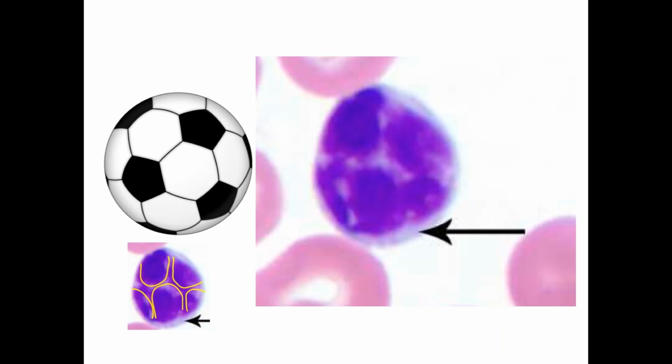CLL is said to have an indolent course, meaning that it slowly progresses and does not cause much symptoms. That is why usually the patients who are diagnosed with CLL will be on follow-up. Medications will be started if at all there is a suspicion of transformation into other types of leukemias, such as prolymphocytic leukemia.